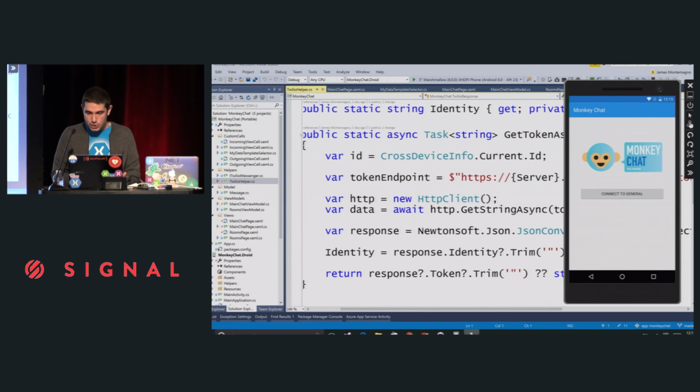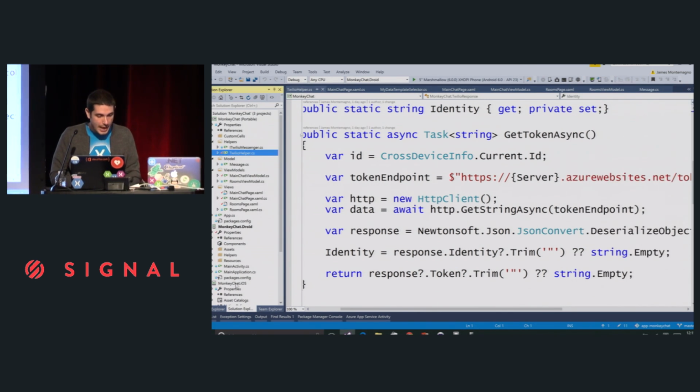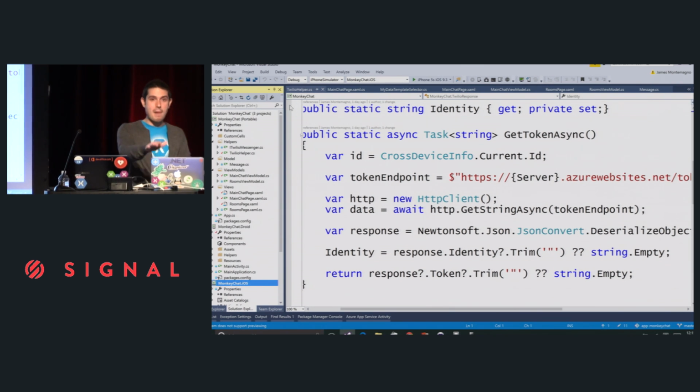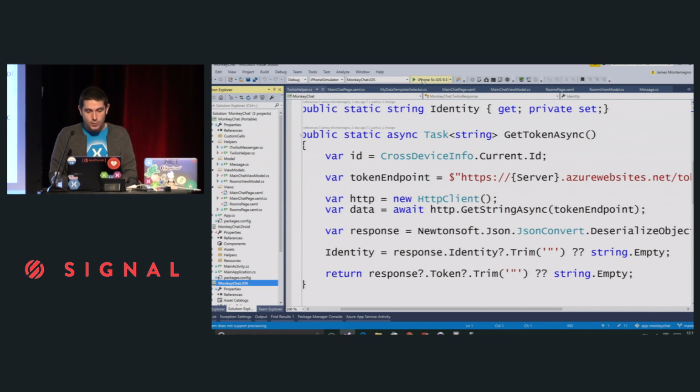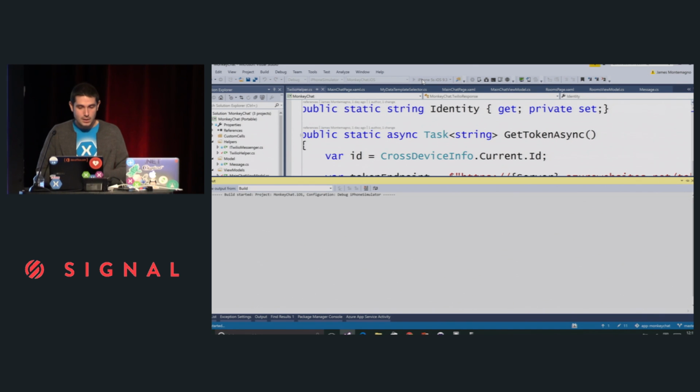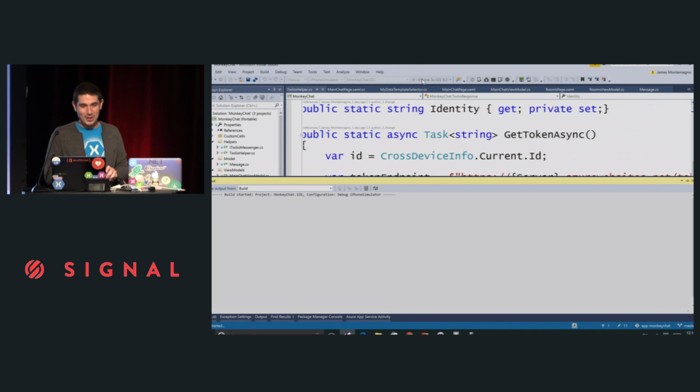So here's our Monkey Chat application. It's beautiful. I have a nice little logo. But of course, we have a chat application. So let's actually go ahead and spin this up on iOS. There we go. I've set the iOS as my startup project. So that's why I have a Mac here. You have to have a Mac somewhere on your network to deploy and do stuff. But we recently just released our iPhone simulator for the PC. So instead of me having to switch back and forth between the PC and Mac, I just hit deploy. And hopefully, as long as everything is working on this beautiful AT&T hotspot, it should all work. So let's see.